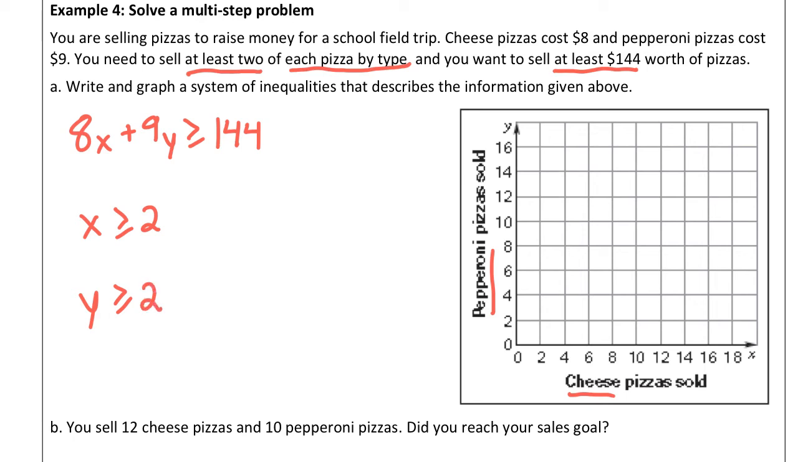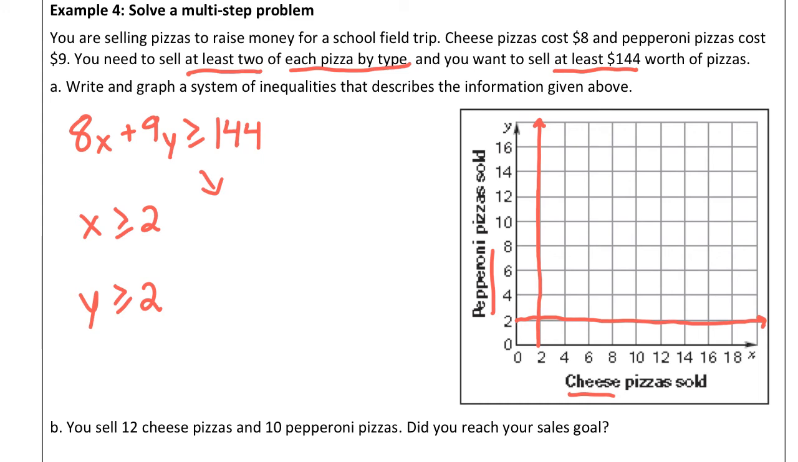Okay? So, for me to graph this, you're going to see me graph 3 distinct lines here. Okay? So, x is greater than or equal to 2. I'm going to draw a vertical line at 2. And then I'm going to draw a horizontal line at 2 to represent the minimum amount of pepperoni I can buy. And then from there, I'm going to graph this 8x plus 9y is greater than or equal